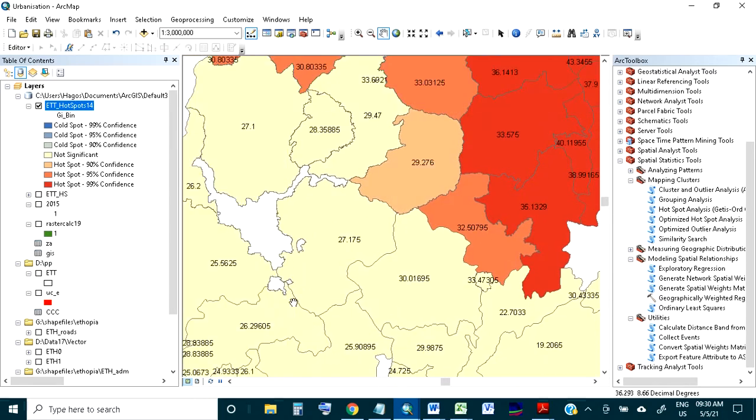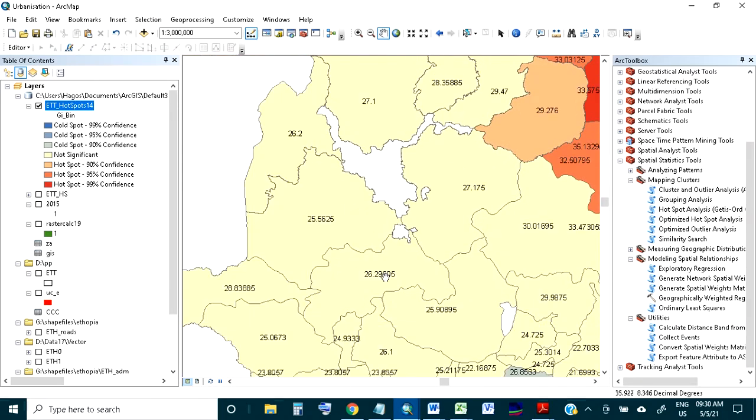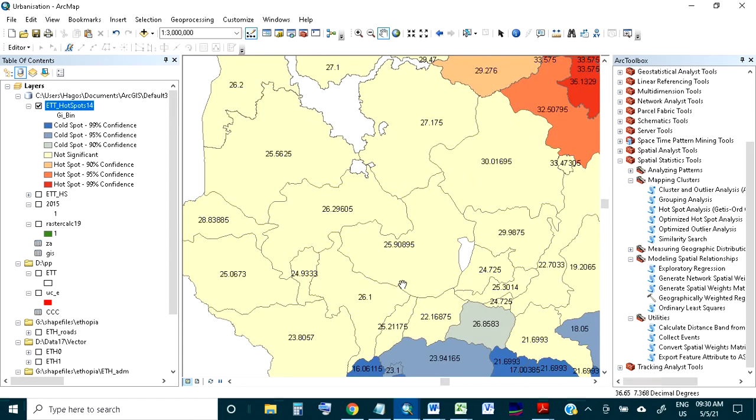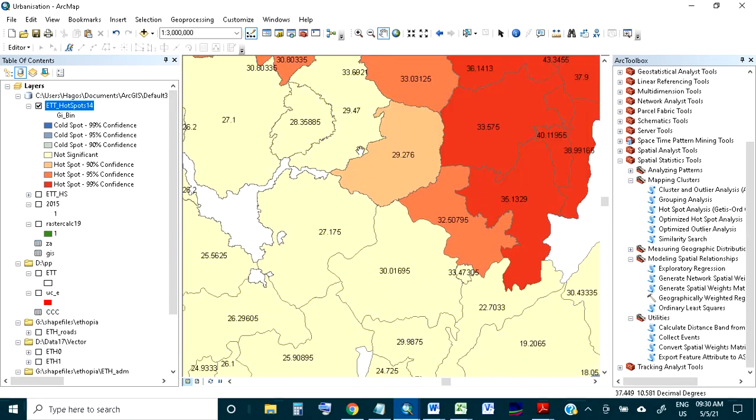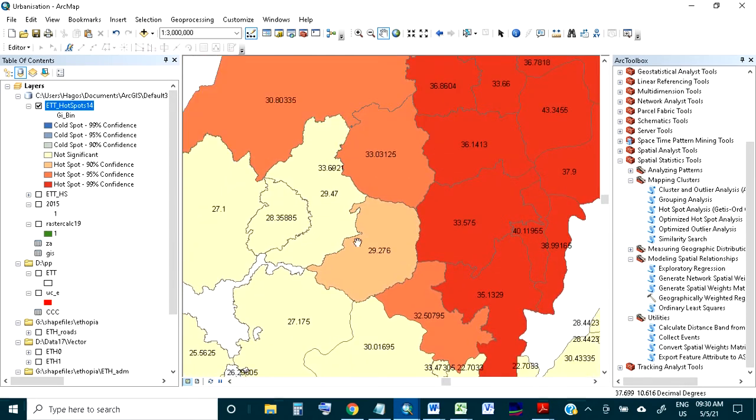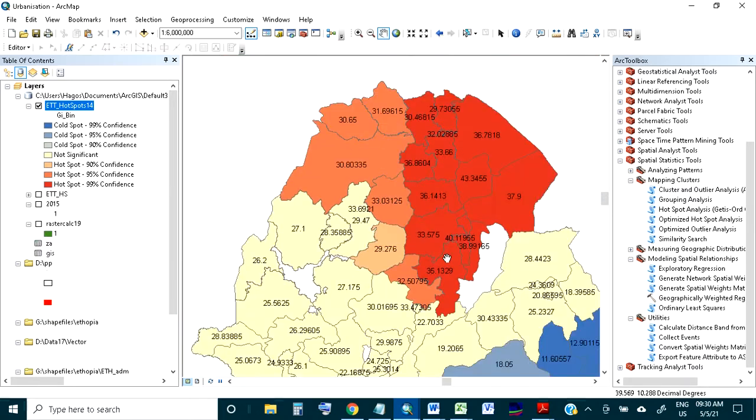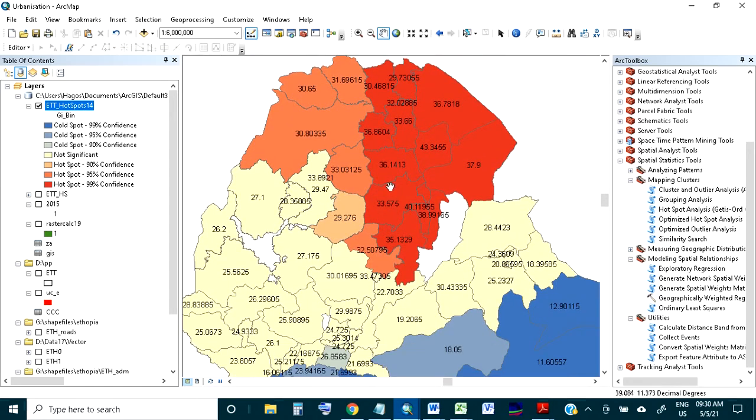So with the hotspot, if some features have higher values, then this tool will ignore those values. If these higher values are surrounded by lower values, it will not give you a hotspot. So this is very interesting to note. Okay,